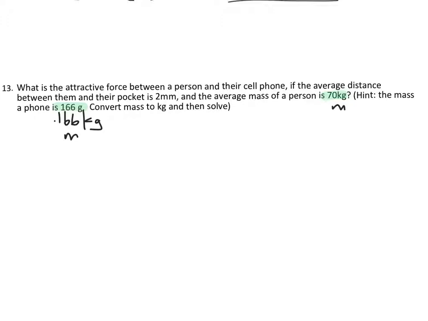The distance between those two is 2 millimeters. Now, there are also 1,000 millimeters in 1 meter. So to figure out that conversion, I'm going to take 2 and I'm going to divide it by 1,000. So this becomes 0.002 meters. Okay, so this is my distance. So I have D, I have M, I have my second M. I want to know the attractive force, so I'm trying to find Fg